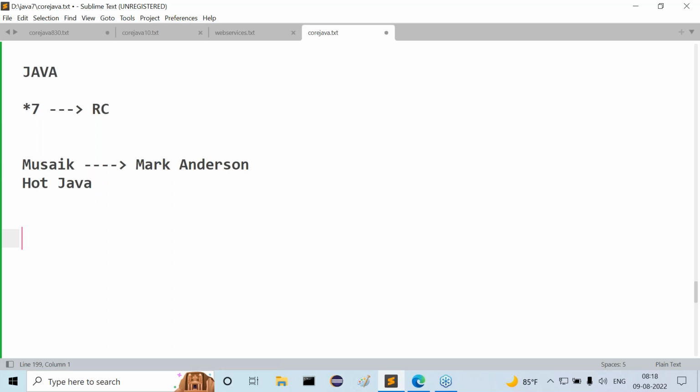Later on, every 1.5 years or 2 years, they had some updates and they tried to release other versions. So like that, JDK 1.0, 1.1 and 1.2 versions were released. In every 1.5 years, 2 years of gap, 1.1 and 1.2 were also released. Just within a week of the 1.2 release,